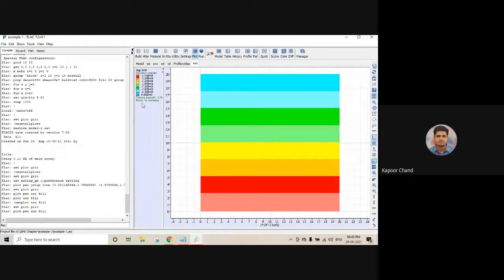Yes, sir. So this is basically showing the stress distribution contour. At the end I have mentioned fill. Plot is the command; that plot will do a variable. Variable is the x-axis, the stress along the x-axis direction, and fill is basically to fill the grid with the same color for the same value. Is it clear, Abhishek? Yes, sir, 100% clear, sir.